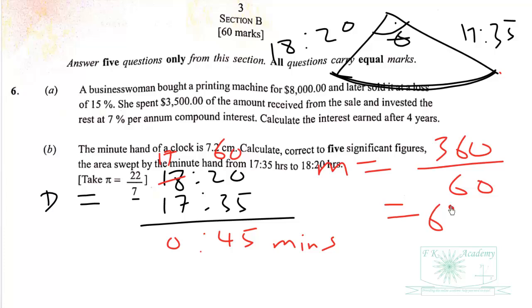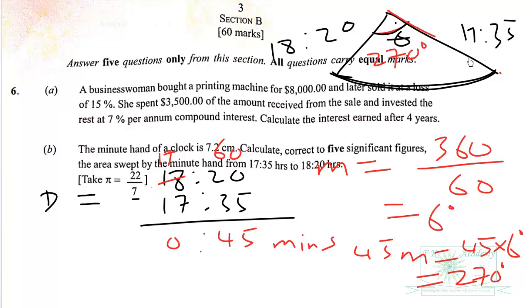So in 1 minute, an angle of 6 degrees is covered. So in 45 minutes, we are going to get 45 times 6, and that is going to give us 270 degrees. So the angle here is 270 degrees,